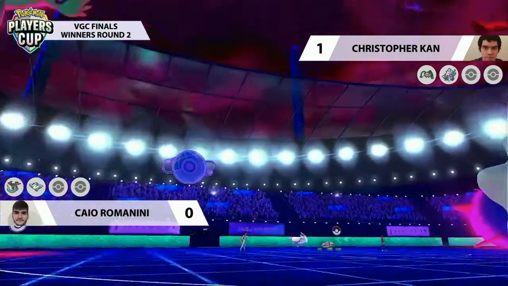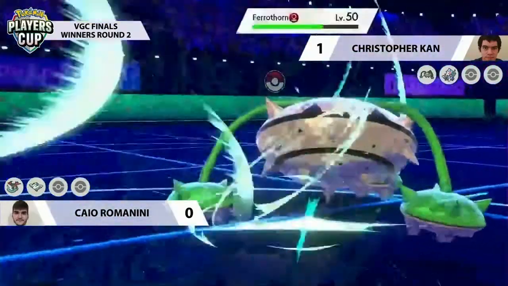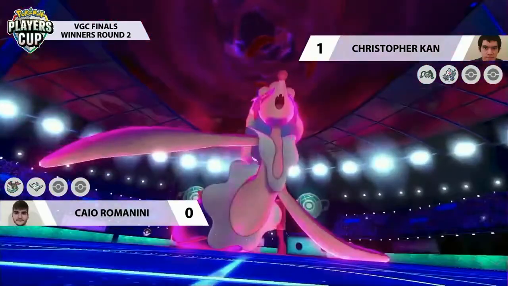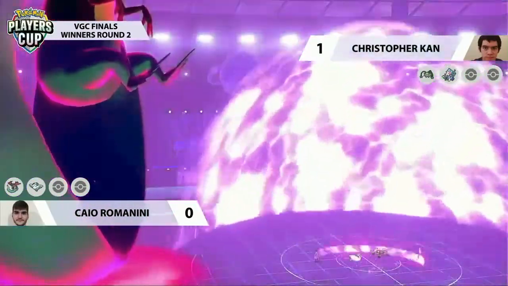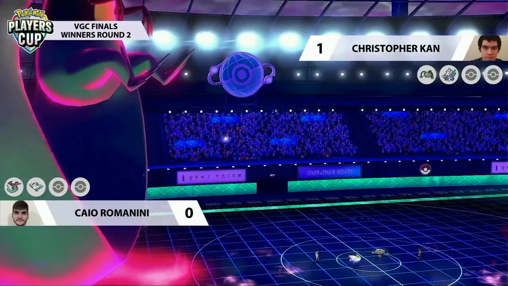Yeah, that's not very much damage, especially when you recognize that you've got to knock out this Ferrothorn somehow. So I think doubling into it is definitely one way to do so. Air Slash might be able to get you the flinch, but Primarina's moving first with the Max Starfall right into Dragapult, and it's not enough. Not close. So much bulk there,